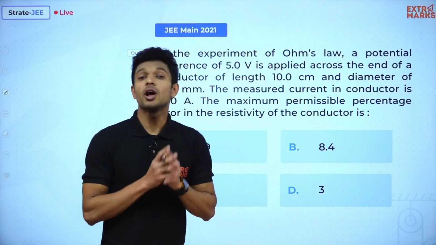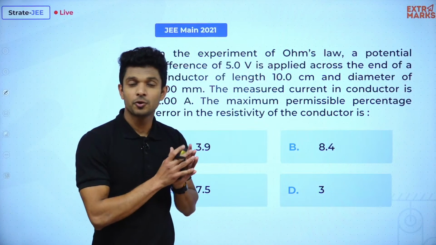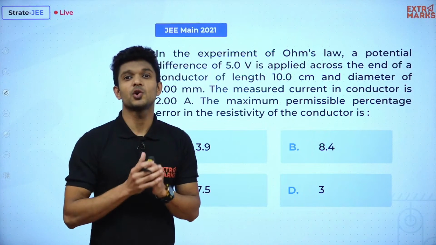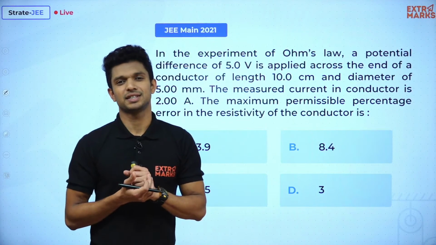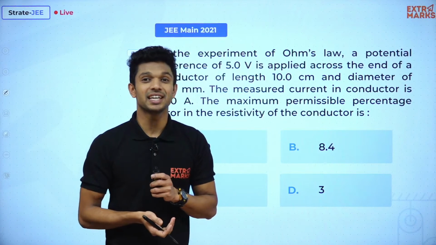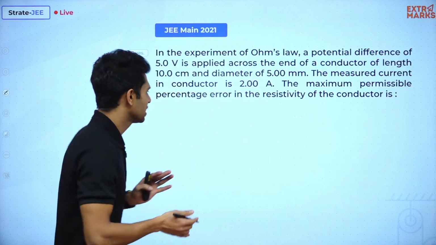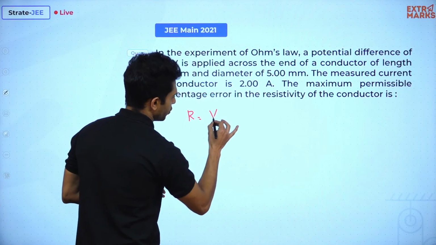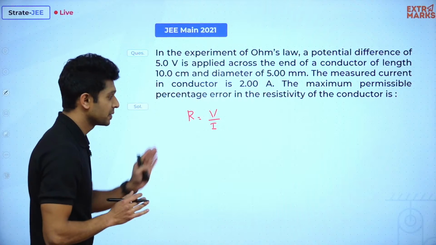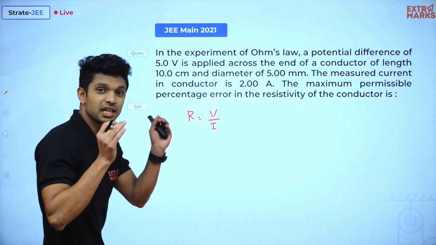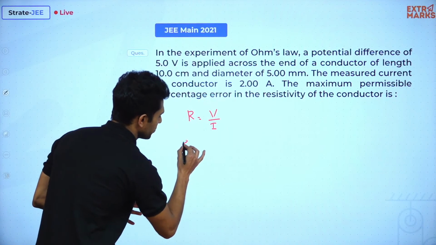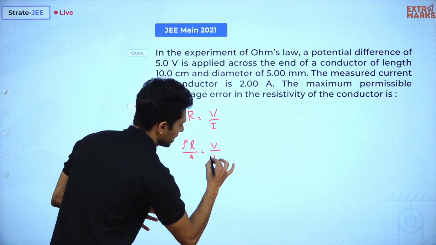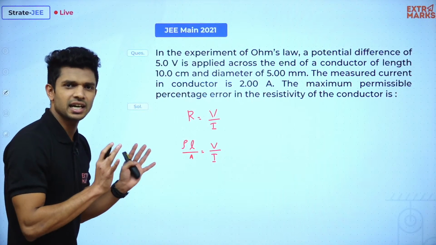So while all these calculations are being made for that particular conductor, right? How much can be the error that can occur in the calculation of resistivity? ठीक है. So first let us make an equation for resistivity. Tell me what is the basic equation for resistance? R is equal to V divided by I. है ना? Tell me what is the equation for resistance in terms of resistivity. वो होता है rho L divided by A is equal to V divided by I. Right? है या नहीं? हाँ.